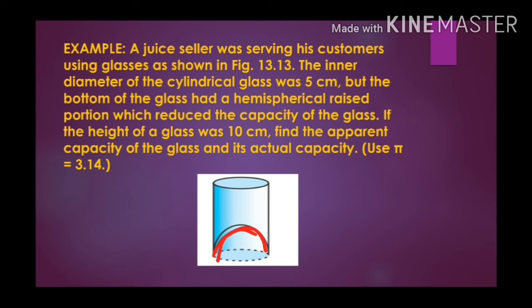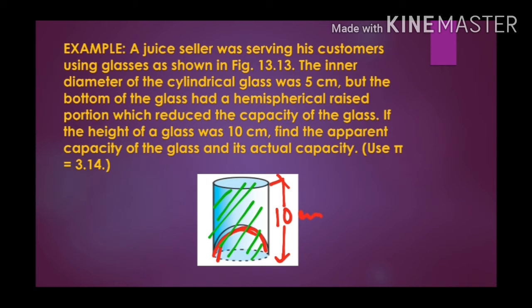If the height of the glass is 10 cm, find the apparent capacity of the glass and its actual capacity. Okay, first of all, there is a hemispherical shape in the bottom portion, and this whole glass is in the shape of a cylinder, where the radius is given as,